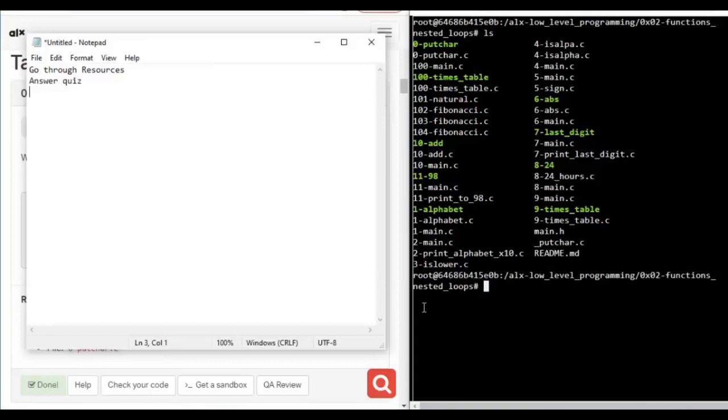After you've done that, the next thing you do is open sandbox, then go to repository, and your repository is